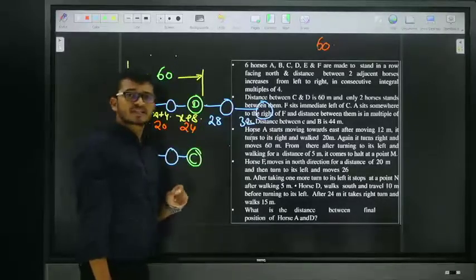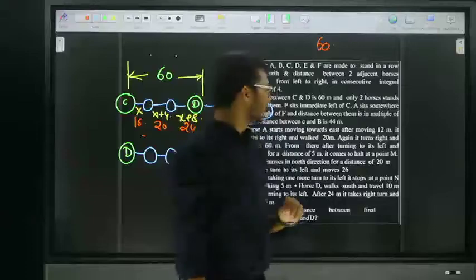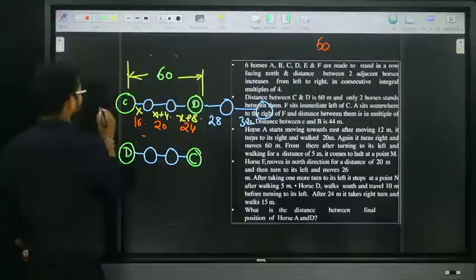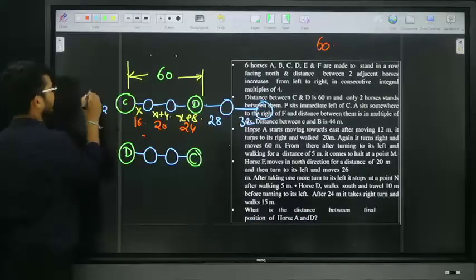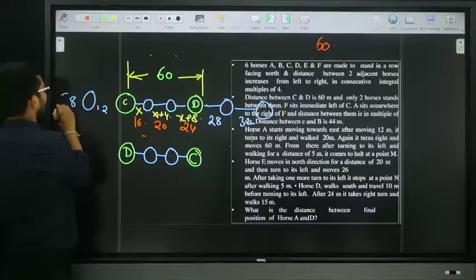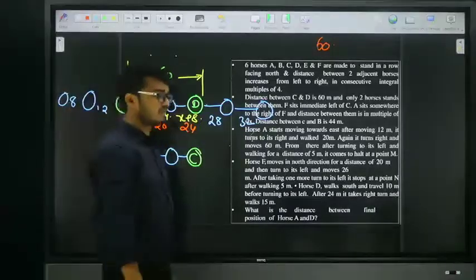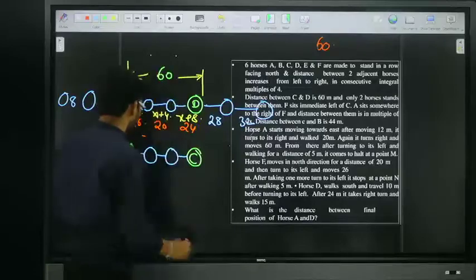Why is that the maximum? Successive multiple of 4. When we check before, the previous multiple is 12, and again we have one horse. Before that is 8, again one horse, and so on. Friends, in this case also it is the same.